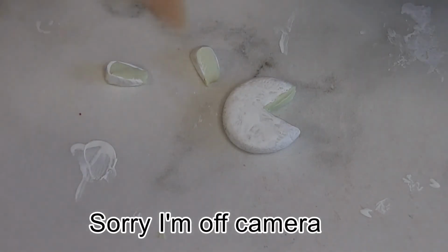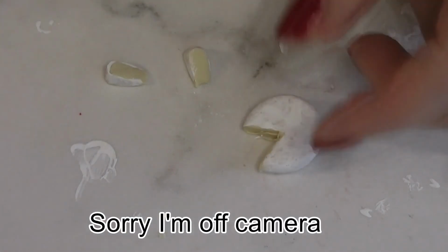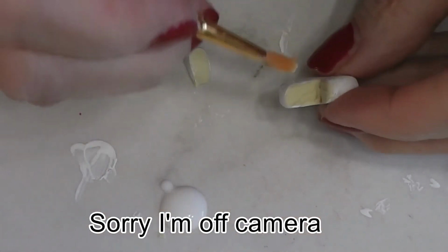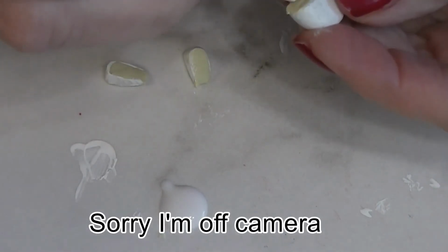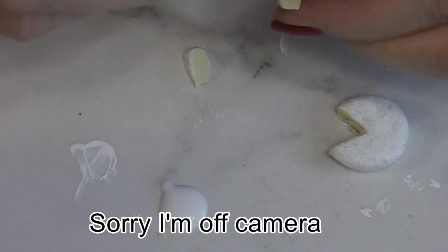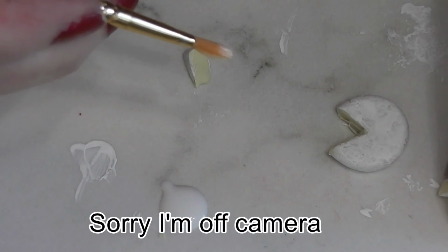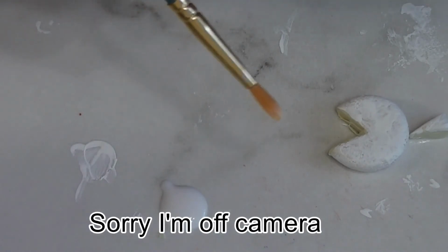All right, these now have paint all the way around, and that's just the rind that forms on the brie. Now this is the only one we're going to do this to, because brie is a very soft cheese and tends to be a little bit glossier than a lot of cheeses. So what I like to do is take some matte Mod Podge, avoiding that white paint we just put on, and put the smallest amount of this on just the cheese part,